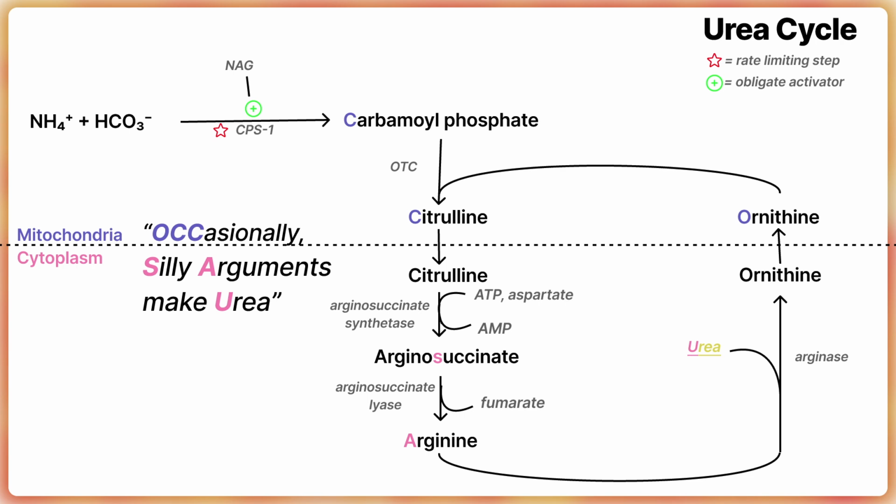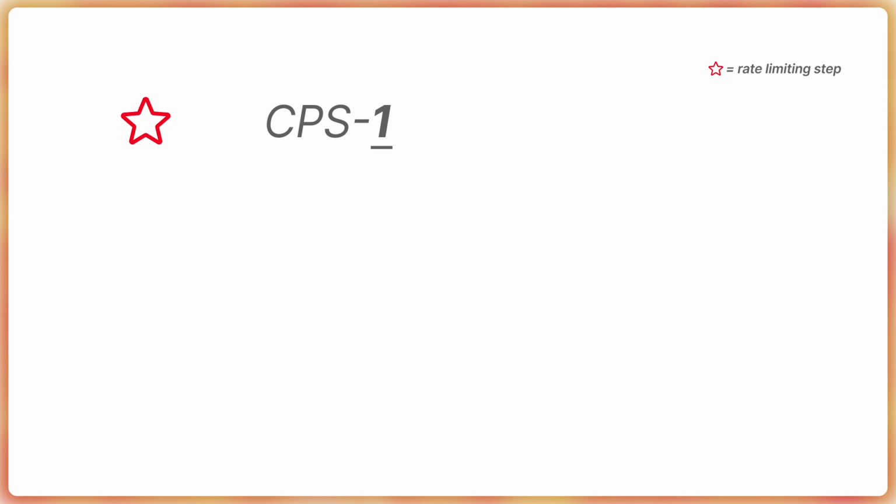Now that we've covered the urea cycle, let's take a closer look at its rate-limiting enzyme, CPS-1. As the name suggests, CPS-1's role is to synthesize carbamoyl phosphate. But what about the 1 in CPS-1? This distinction is important because, as you might expect, if there's a CPS-1, then there must also be a CPS-2. And this slide will break down the key differences between these two enzymes, which again is a high-yield topic for